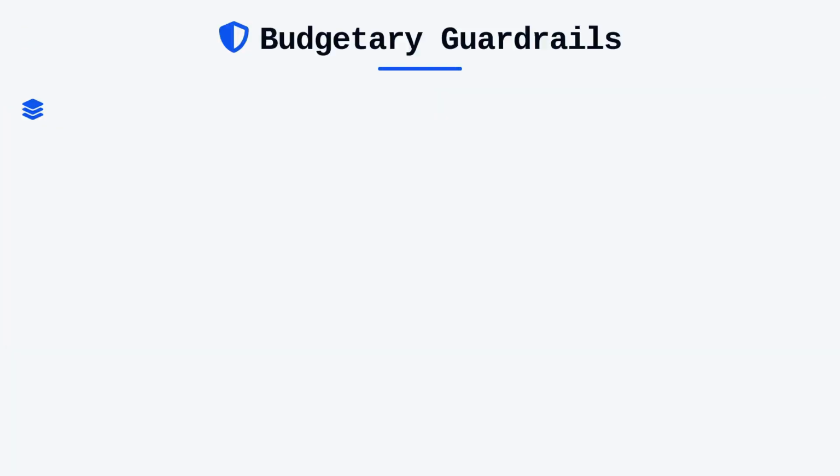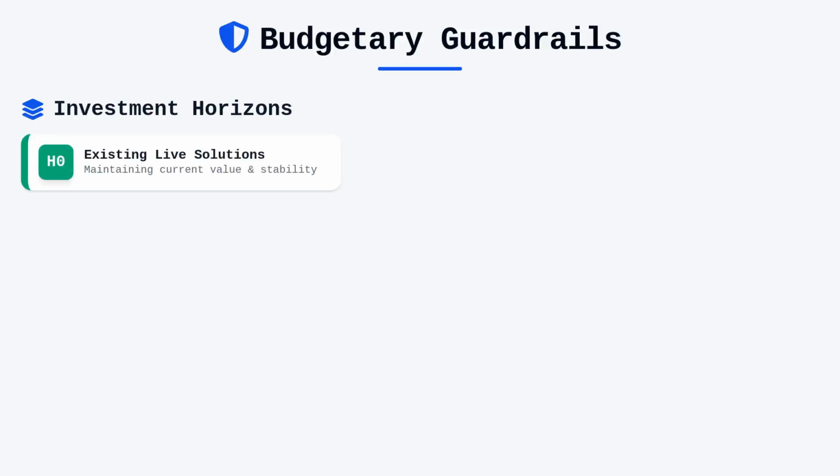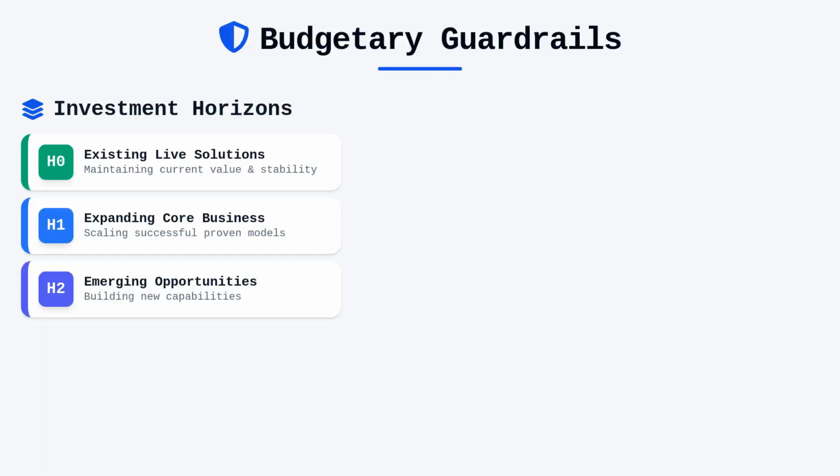Managing these budgets effectively requires a rigorous application of budget guardrails, the most prominent being the use of investment horizons. These horizons classify investments into 4 categories, from Horizon 0, which encompasses existing live solutions, to Horizon 3, which focuses on exploring new opportunities. By categorizing our portfolio this way, we ensure that we are not over-investing in legacy systems